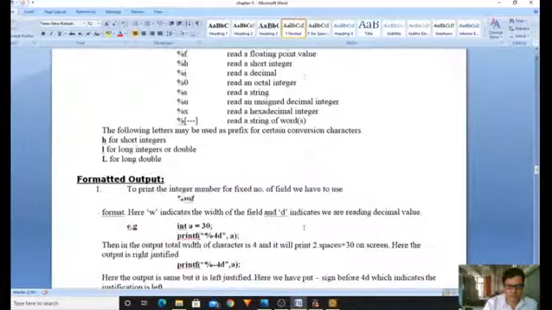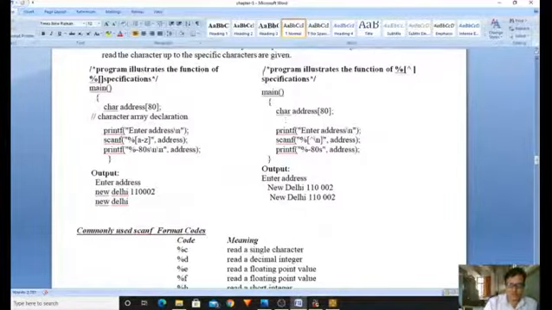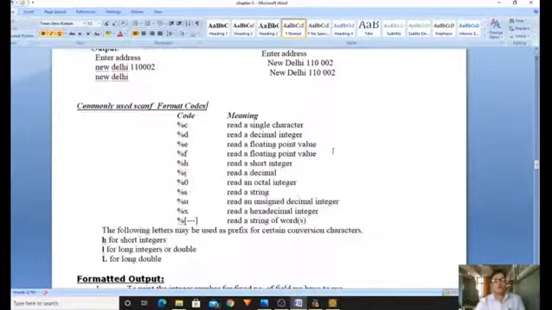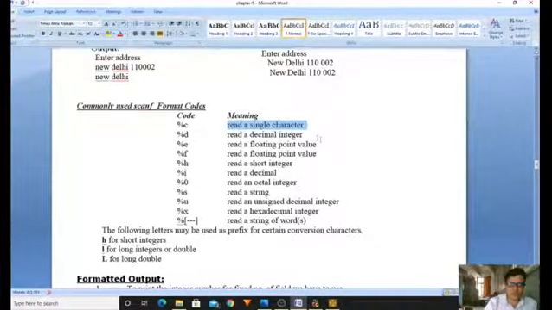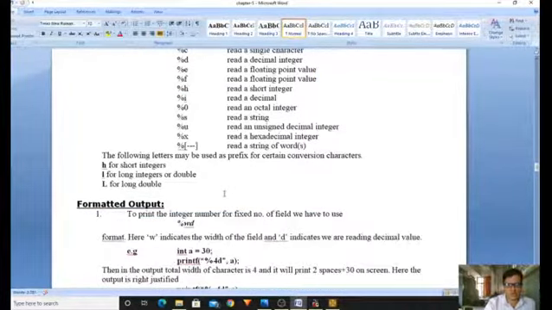Okay. So that's it. Anyhow, you try in your systems, then check this answer. If you are getting the same, then fine. If you are not getting the same, then we have to see. Okay. And some commonly used scanf formats. To read a single character, we use %c. To read a decimal, %d. To read a floating point in exponent form, %e. Floating point, %f. All these are there. It is better to have %d, %f, %e, %c and %s. That's okay.